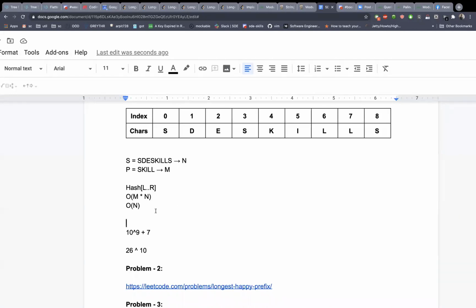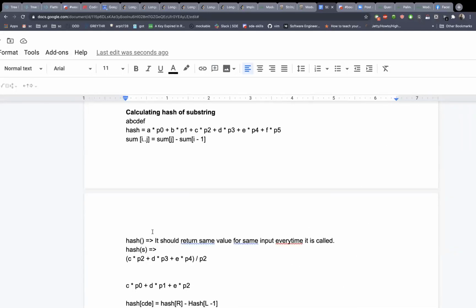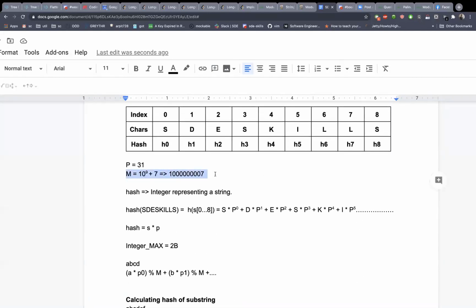So with saying something about unique hashes, can you repeat that part? Unique hashes. You were saying that this would be the number. Yeah, so basically 10 raised to 9 plus 7, the modulo which we have chosen. Here, m is equal to 10 raised to 9 plus 7. So if you do any modulo with any number, then the result ranges from 0 to m minus 1, right? So for any string, our value would lie between 0 and m minus 1. So that's essentially the number of unique hashes that we can have.